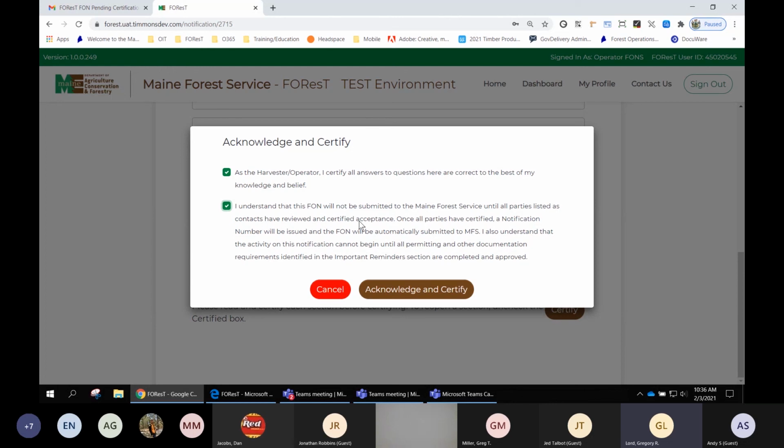So at this point, this FAWN is still in a pending certification status. There is still opportunity to do things to it. If I canceled here and declined my participation, it would be kicked back to the designated agent and they could change whatever they needed to on it. And then we would repeat the same process with the landowner and harvester operator again. However, just in this demo, we know that I'm the last party to certify my involvement here. So once I click acknowledge and certify,